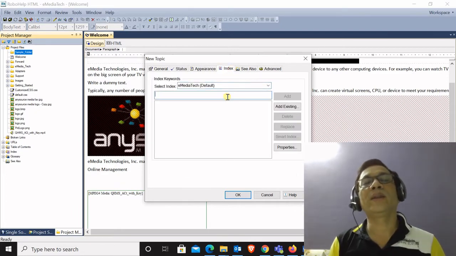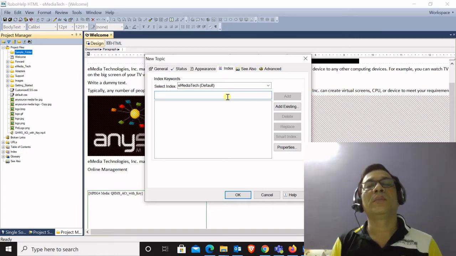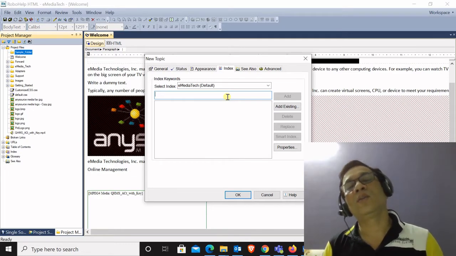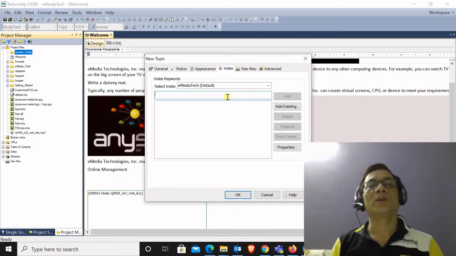Once again, you can write the keywords for index. Be sure if you need to write some keywords for this topic, because all the topics do not necessarily require keywords.